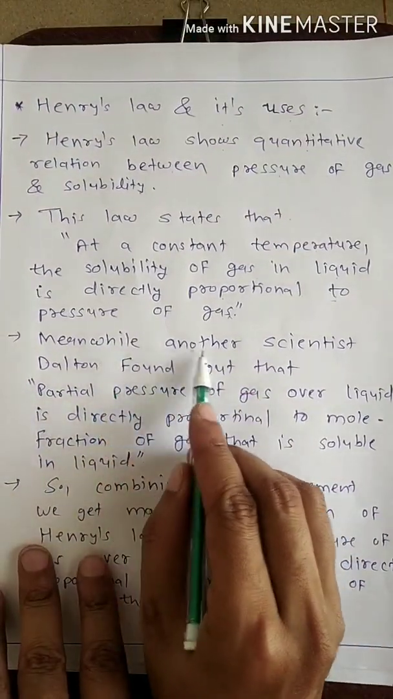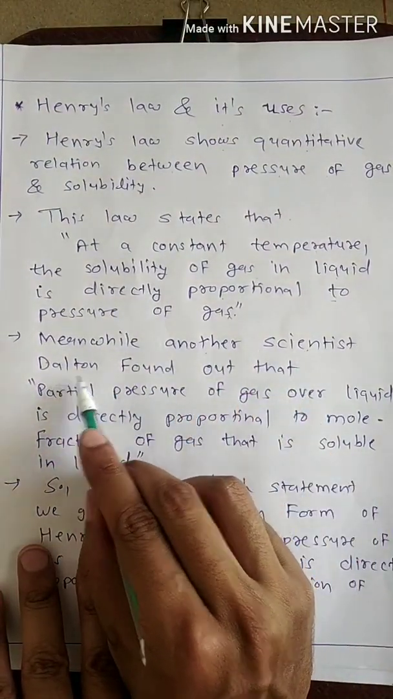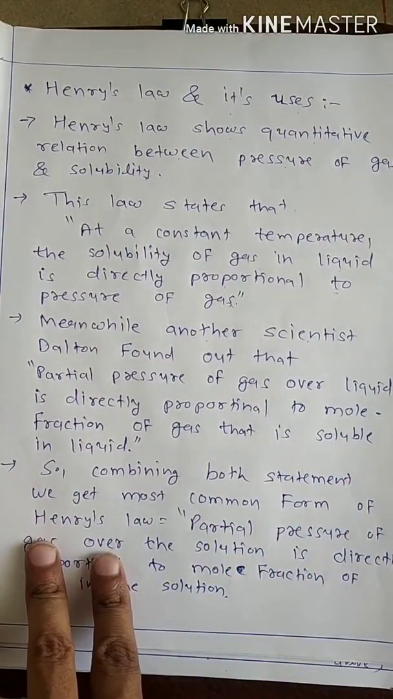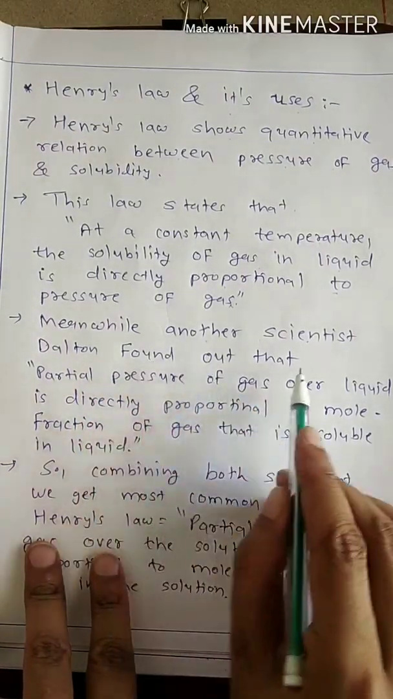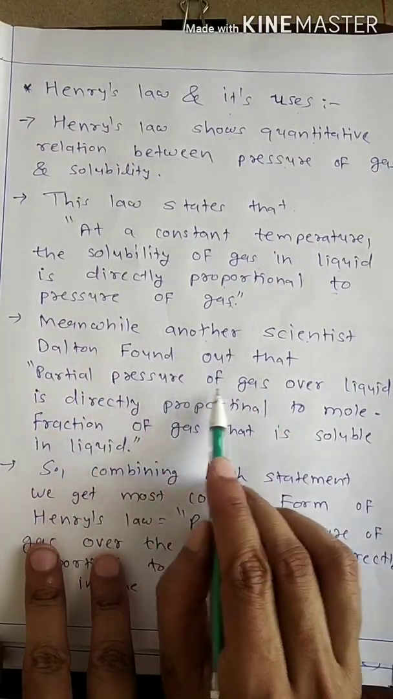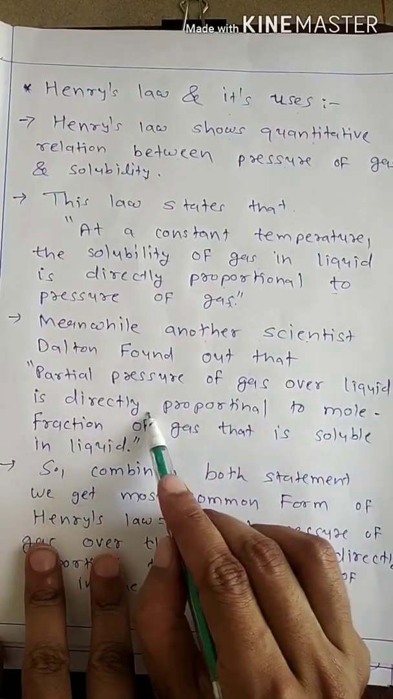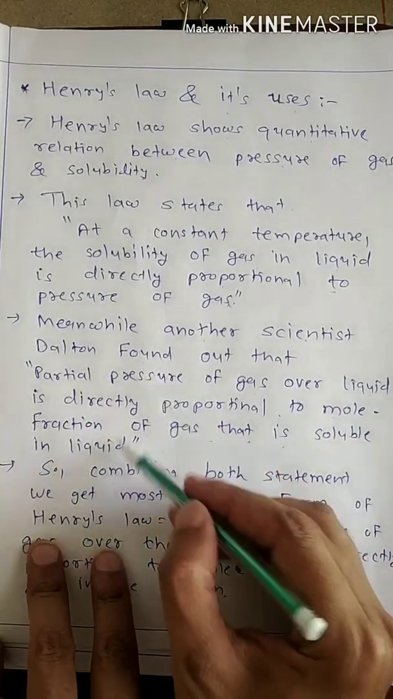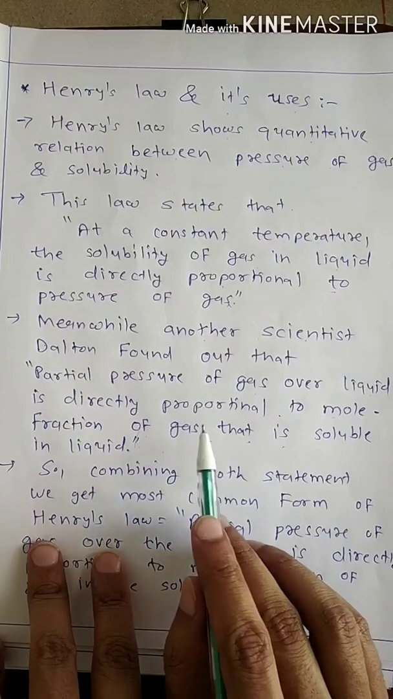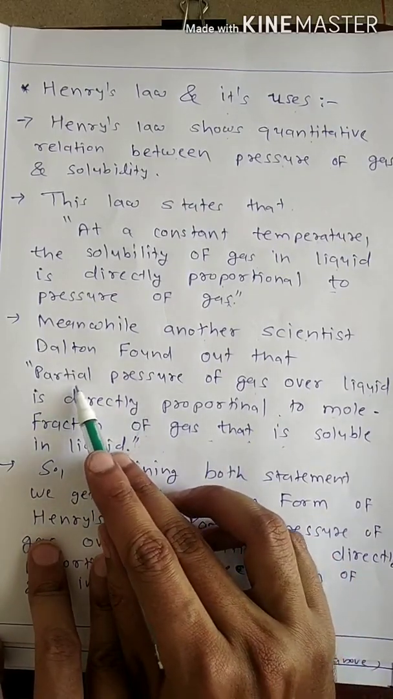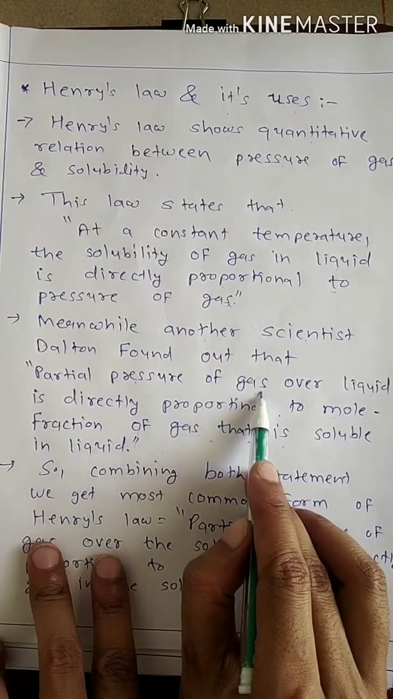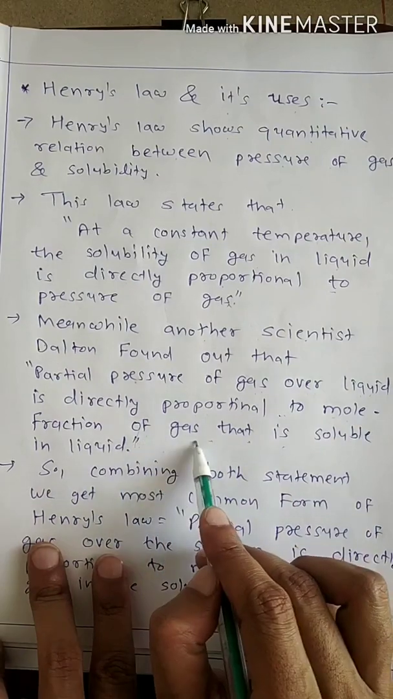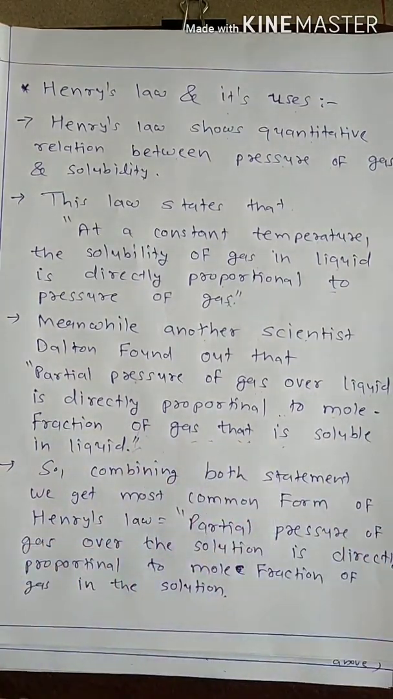Meanwhile, another scientist called Dalton, you must be aware of. He found out that partial pressure of gas over liquid is directly proportional to mole fraction of gas that is soluble in liquid. What this statement means, I am going to tell you. Just repeat it once. Partial pressure of gas over liquid is directly proportional to mole fraction of gas that is soluble in liquid. Now, to understand that,